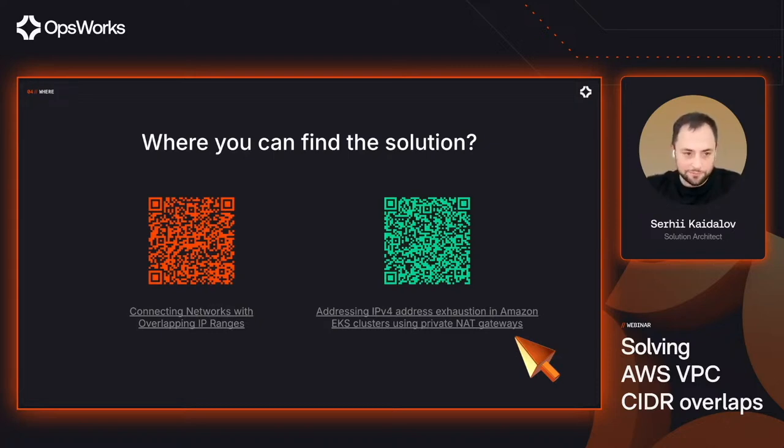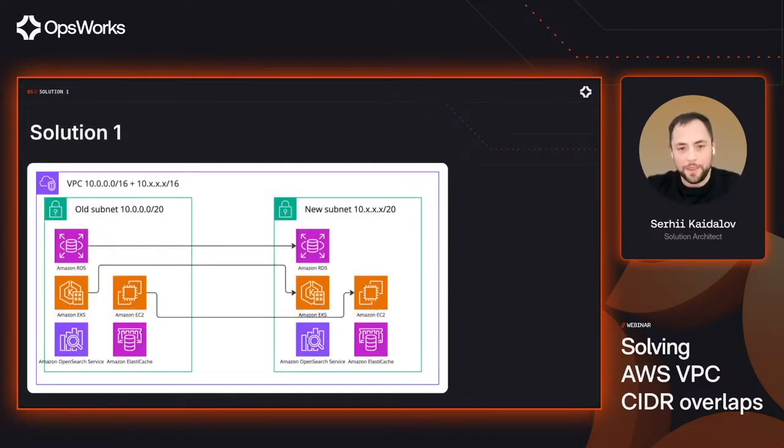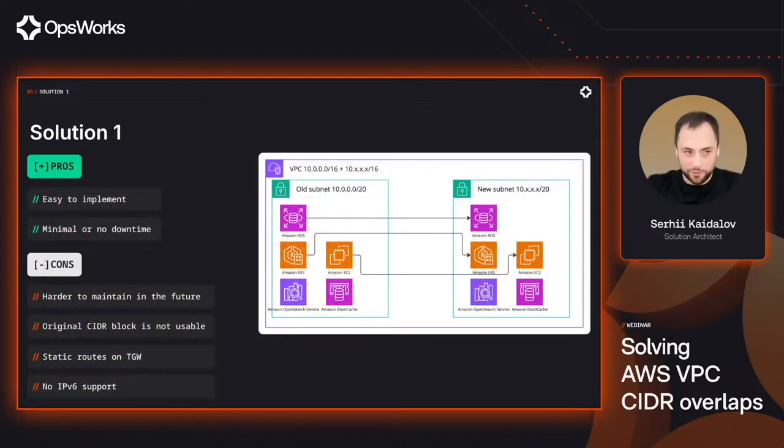But as we know, we ended up with overlapping networks. So we created an EDR, basically this document that I talked about. In this document, we described why we want this, and described two solutions. And here is solution number one. Solution number one was simply to create a new VPC, or an additional CIDR block in your existing VPC, and move everything to the new VPC. So the solution is pretty simple, easy to implement, as you can see, and requires minimal or no